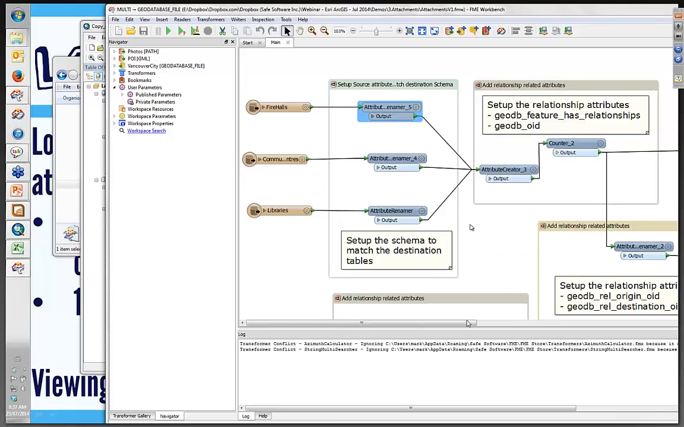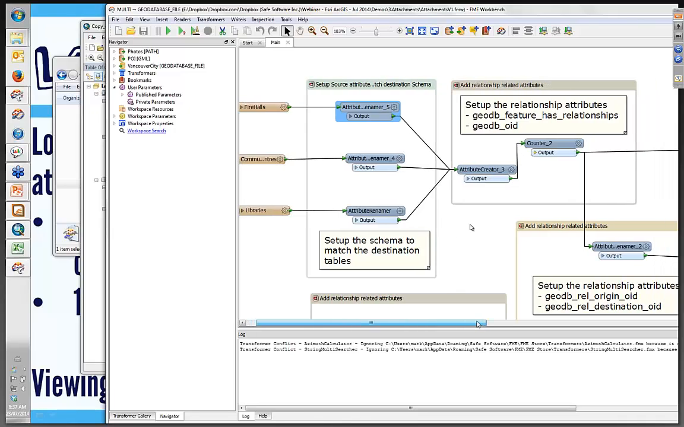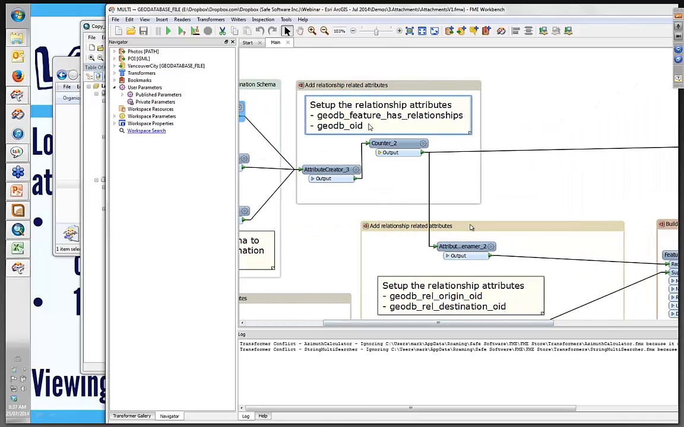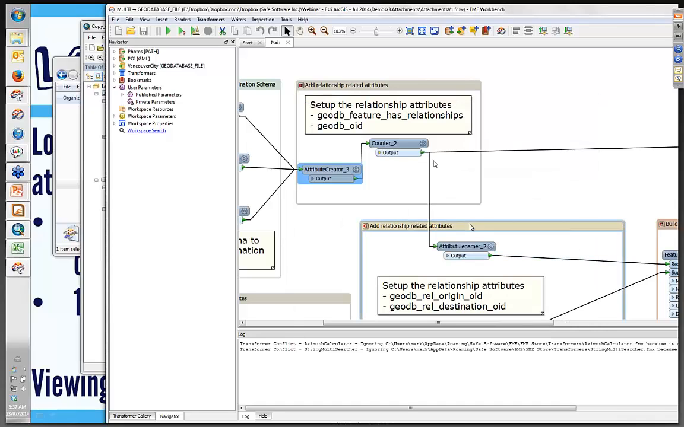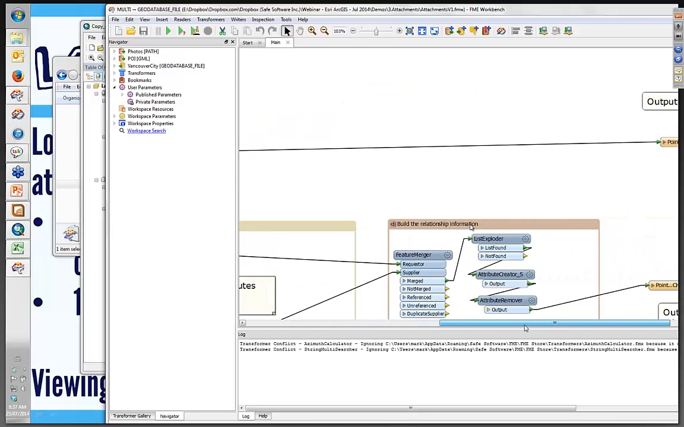But the critical part is to do the setting up of the relationship attributes that will make the actual relationship work. So what I need to do here is set an attribute that says that this feature type that's coming into my feature class is part of a relationship. So there's a special attribute that I need to set for that to say that it has a relationship. And I also need to set this GeoDB OID value to be a unique value for each of my features. And so once I've done that, that's all I need to do to write the data out to the actual